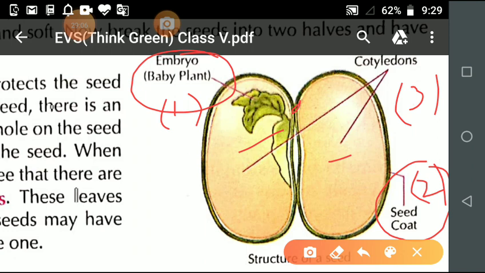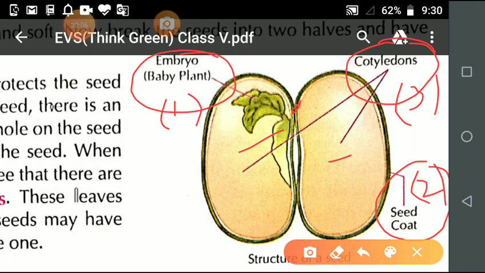Okay, now student, I explained you embryo. I explained the role of a seed coat. It protects the embryo because it is the outer protective layer of the seed. Now, what is the function of these cotyledons? When I started explaining, I told you we study the structure of seed, it has three parts. First is embryo, then seed coat, and then cotyledons. So embryo and seed coat I already explained. Now let us discuss the role of cotyledons.